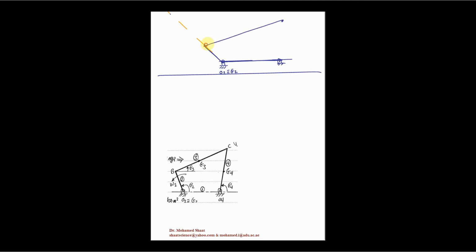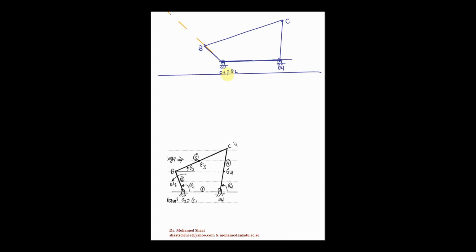So this is gonna give us the link BC. Then simply, if we connect point C to point O4, we're gonna end up with the other link, which is link number 4. This is gonna be point C and B, and this definitely is gonna be point O4. Then your objective over this mechanism is just to locate or identify the G points,